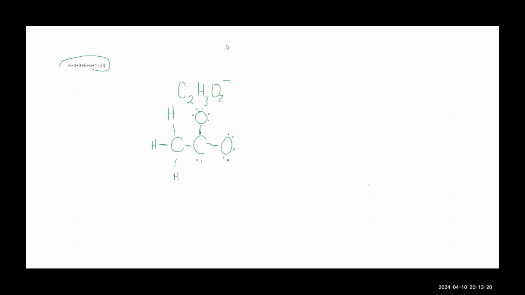What about a double bond somewhere? Ah, we could try a double bond. So let's take these away here and let's put a double bond somewhere. So basically, if we do that, take those two, put it here, and then let's put one of those electrons back over here. Okay, so that's